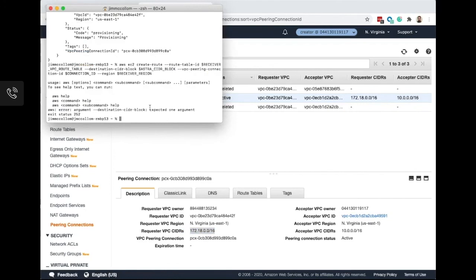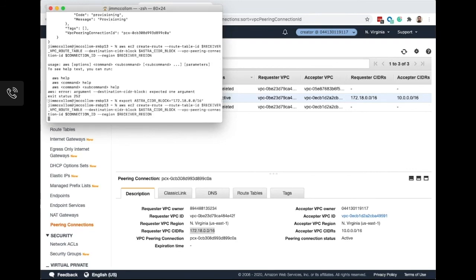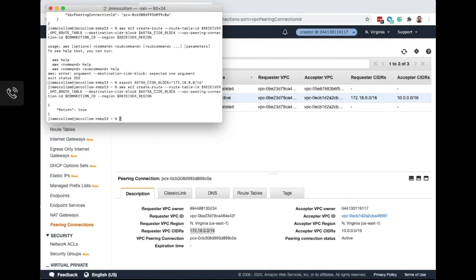So we need both sides of this equation. So I'm just going to export this variable real quick. And now we'll rerun this command.